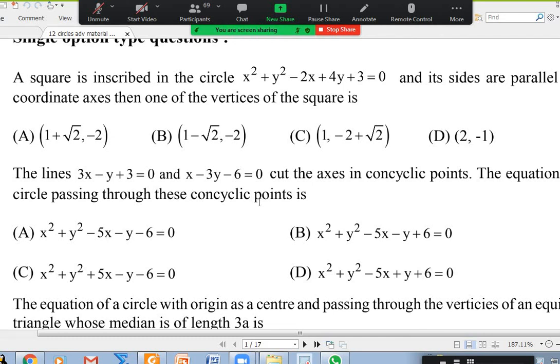All right. This is one more point that I wanted to say, especially in circles, parabola, ellipse, and hyperbola, and especially between circles. There is not much of a difference between mains and advanced. Advanced also they are giving quite mains level questions, because in mains also they are giving good level questions. Sometimes you will find our advanced material is quite similar to our mains material.